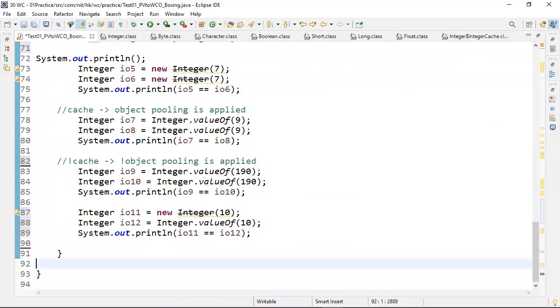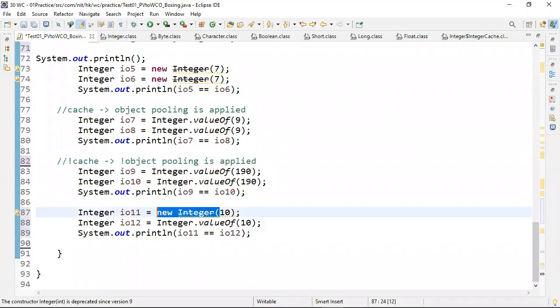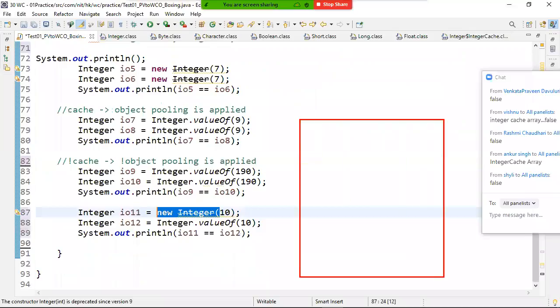Now tell me, when you call the valueOf method, it searches for an Integer object with value 10 in the Integer cache array. Does the constructor store that object in the Integer cache array? No. Then that object is not available, so the valueOf method creates a new object and returns it. Everyone understand? This is the JVM.